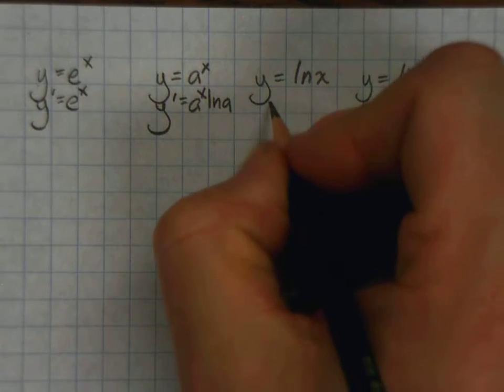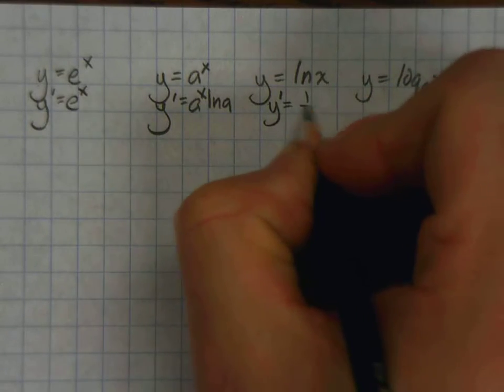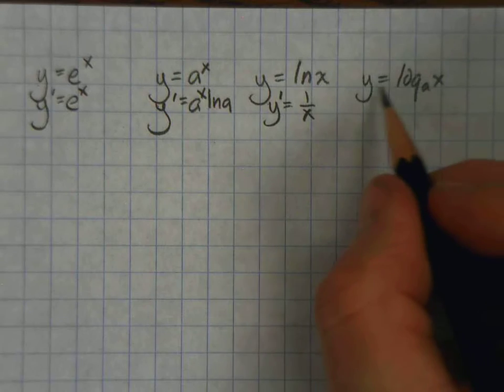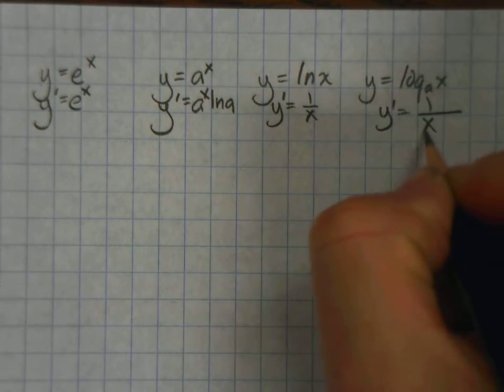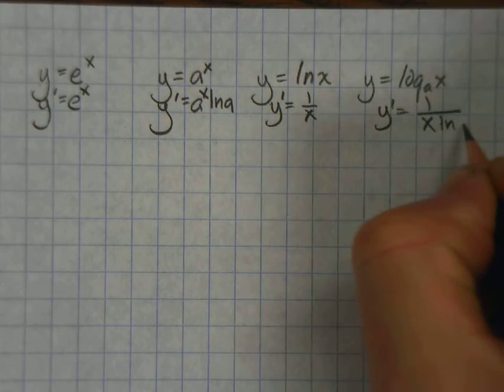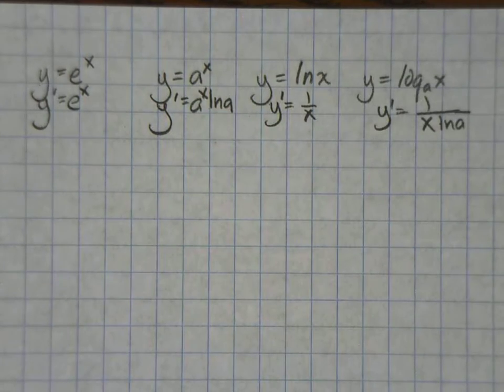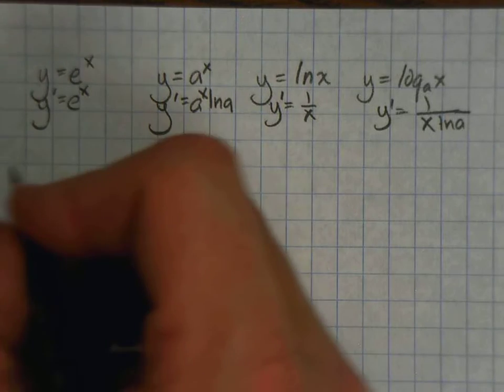The derivative of natural log of x is 1 over x. And the derivative of log base a of x is 1 over x, and also 1 over the natural log of the base a. So the first problem is y is equal to 2 times e to the x,